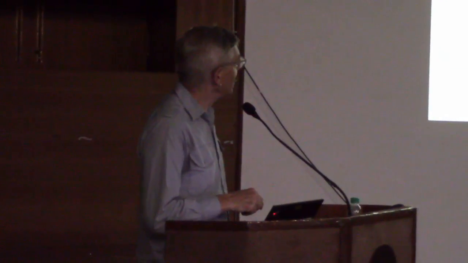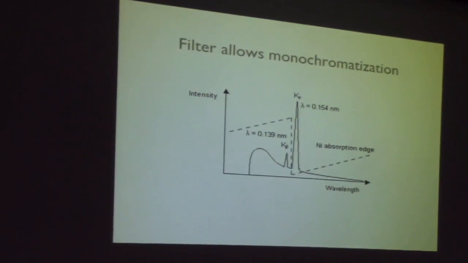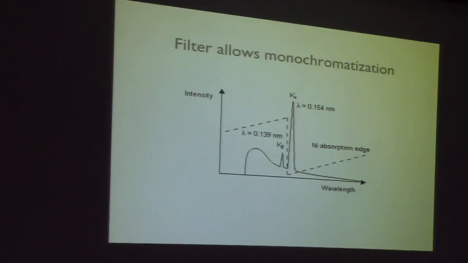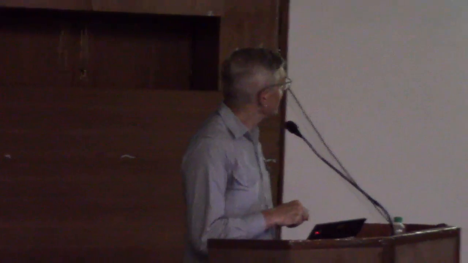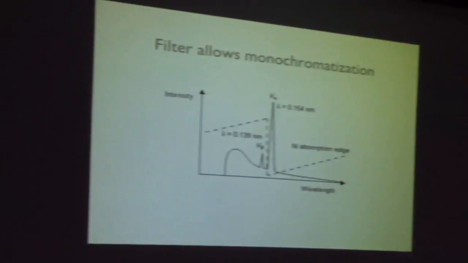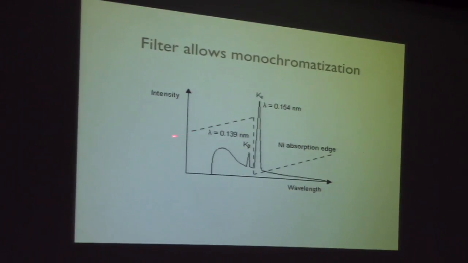So you think, why would I put an absorbing material in the beam? Because it just makes the intensity of my X-rays less. But the reason is, if you pick the material of this filter correctly, it will actually preferentially absorb the X-rays that you don't want, and it will allow through the X-rays that you do want. So this is a nickel filter, and this is the